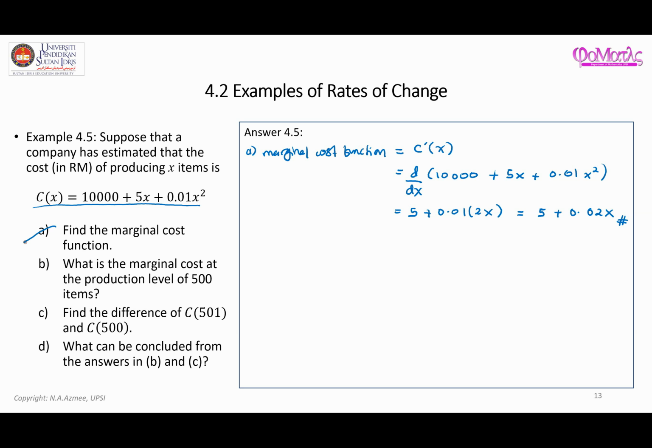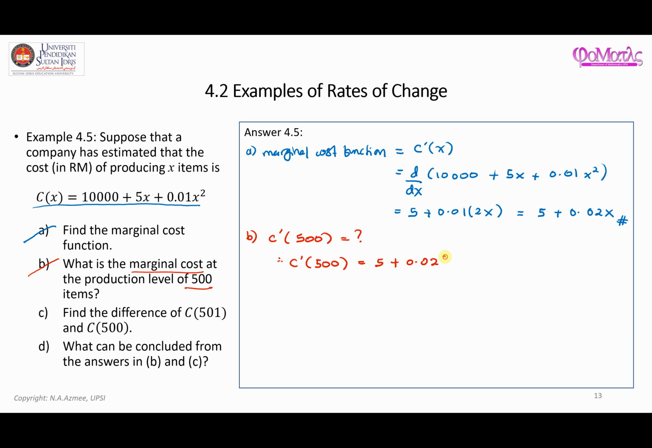Now let's look at the next question. What is the marginal cost at the production level of 500 items? Question B can be mathematically translated as C'(500), and what's the value? I'm going to substitute 500 into the answer that I've got in question A. So the marginal cost at the production level of 500 is just 5 plus